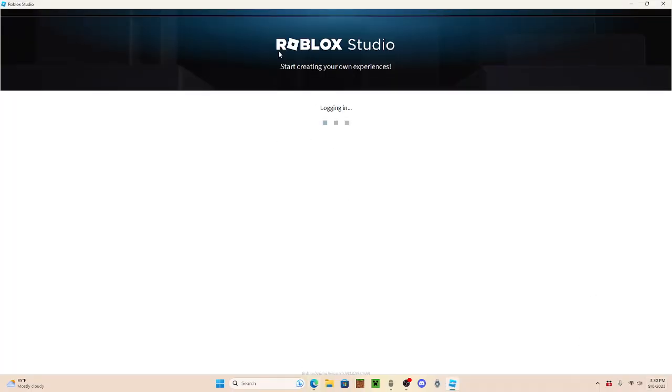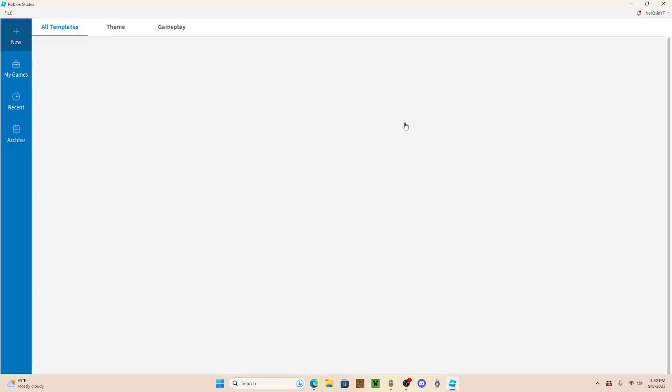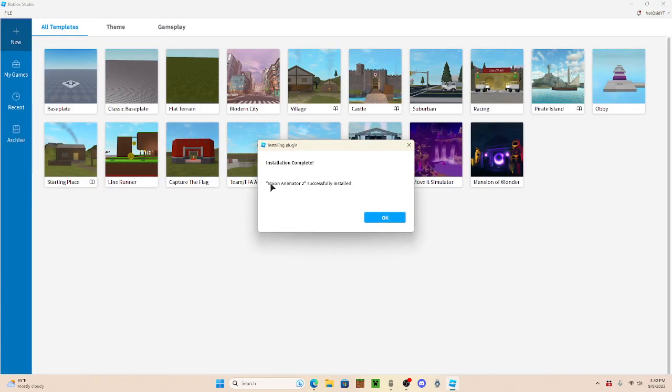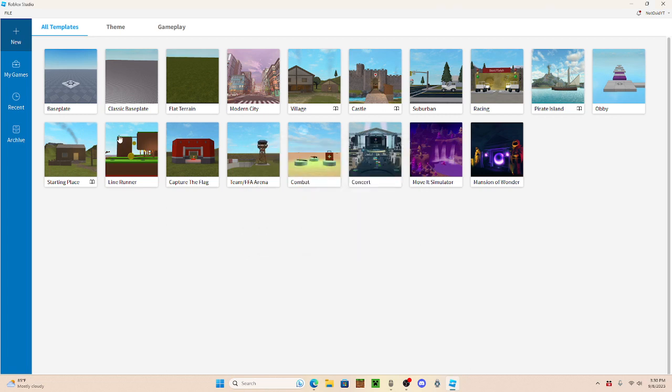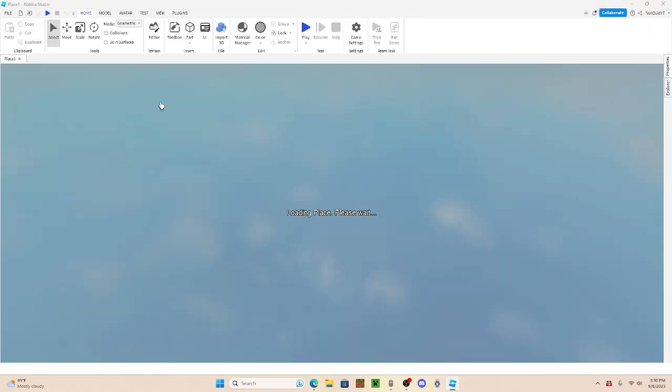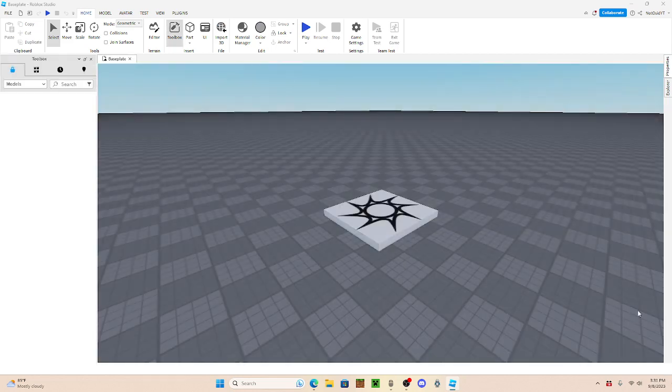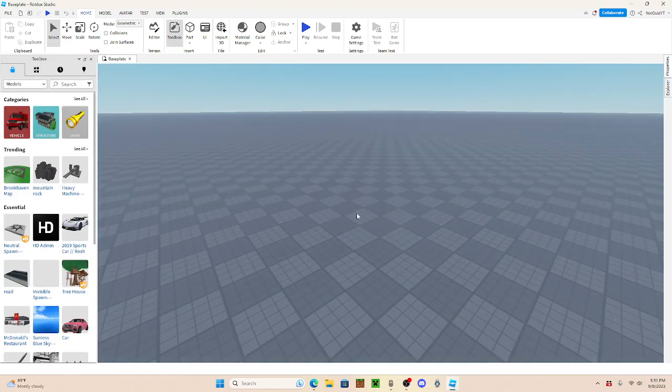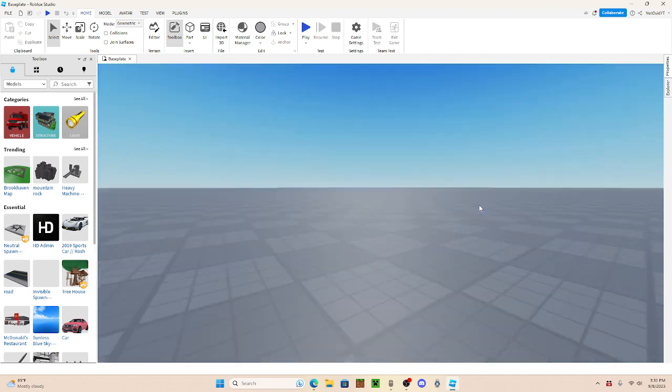So once you log in, it'll take a little bit. It might say verification, and it should say this. If it doesn't, then you might have to redo it, or it might already be there. Just pick Baseplate, or one of the other flat ones. So once you spawn in, you're gonna click the checkpoint, backspace, search your WSD, move the mouse to use it,